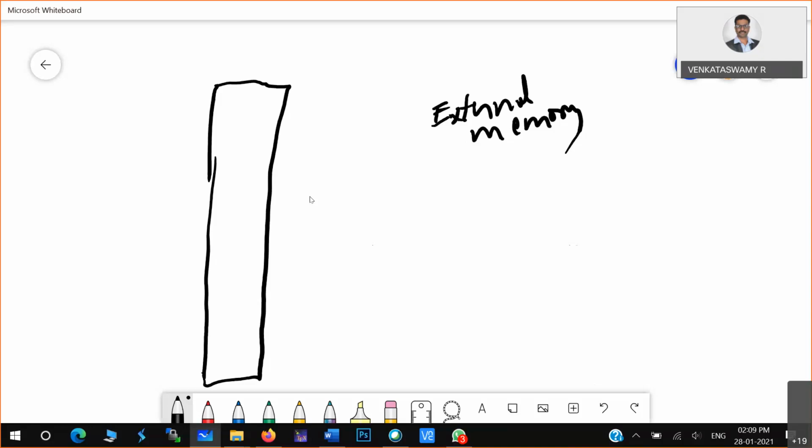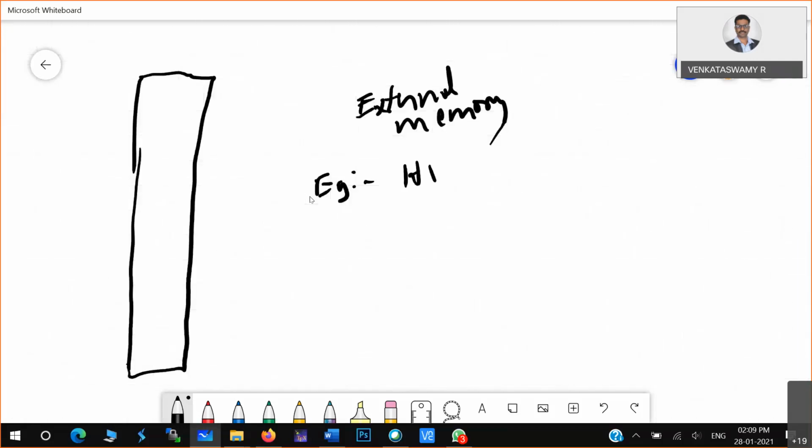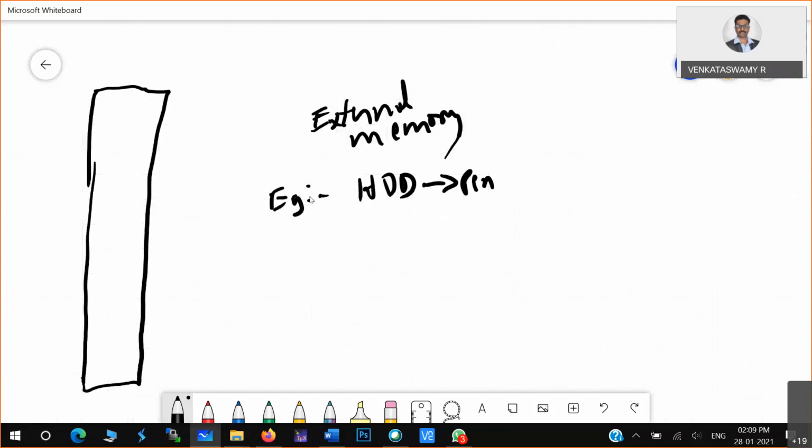An example is a hard drive to a pen drive. You'll be copying data from the hard drive to the pen drive. This is one example.